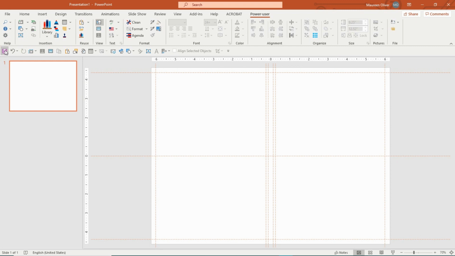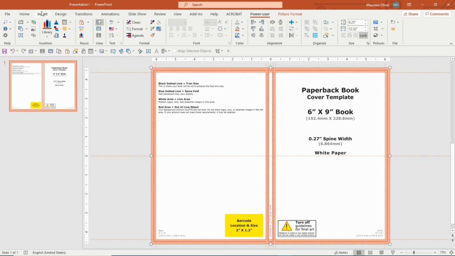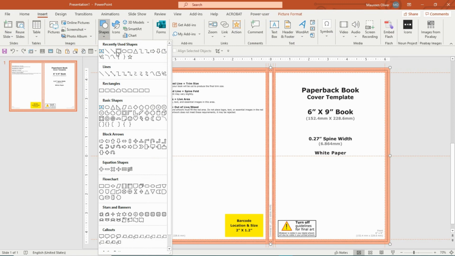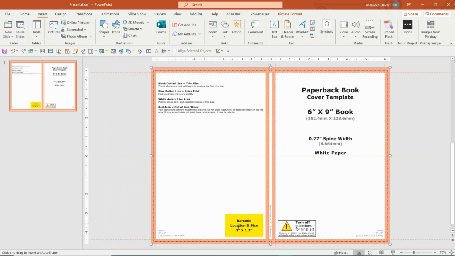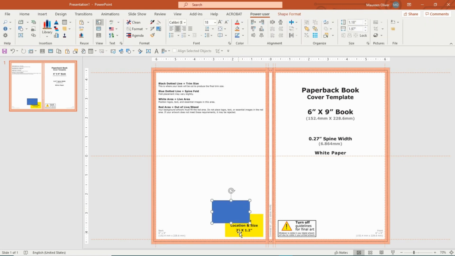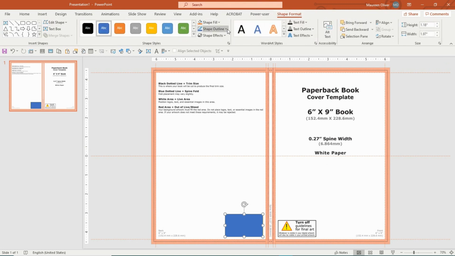Oh wait, before I do, what I want to do is insert a shape, just a rectangle over the barcode location, so I know where that is and I don't put any graphics or text on that, okay? So I'm just going to hold down and I'm going to cover it up. But here it says the size is 2 inches by 1.2 inches. So I want to make sure that it's covering it properly. And I do want to come over to Shape Outline and go No Outline. And when you have it on shape format,